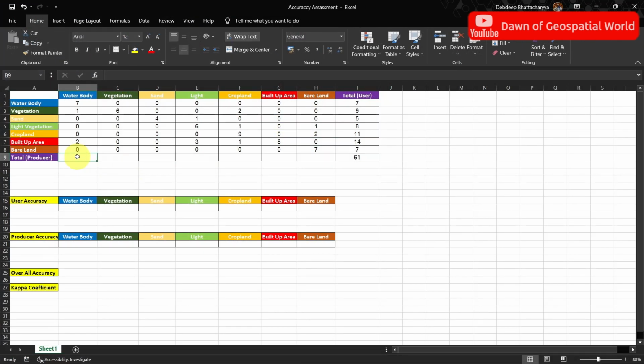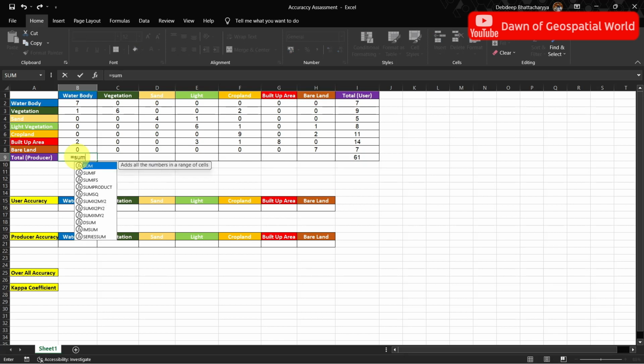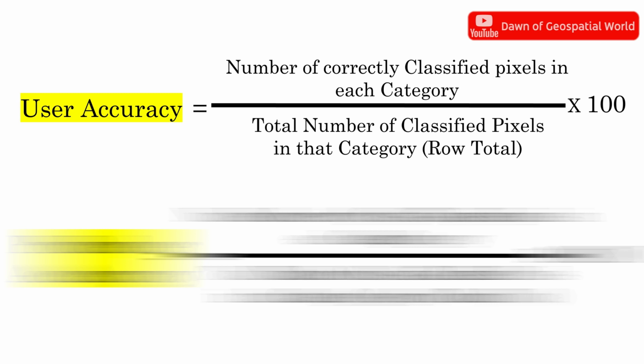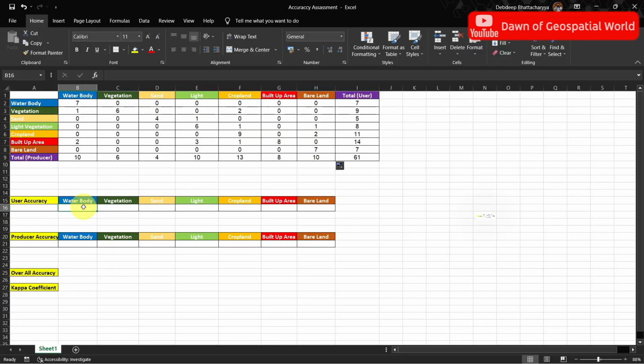Now calculate total of each category column. From this table, we can calculate other statistics with respective formulas. For user accuracy, the formula is number of correctly classified pixels divided by total number of classified pixels, which is row total value.